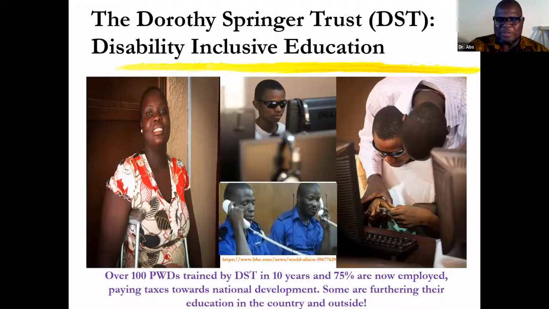And what we do specifically, we train in IT, because we believe IT provides a level playing field. And we work with people with disability to get them jobs through our advocacy, through our employment bureau. And we pioneered the first intake of disabled people into the Sierra Leone police force. As you can see, these guys are doing well. They're in the telecommunication department, the police force, and some of them, because of their IT skills, are beginning to get into cyber crimes and all of that.